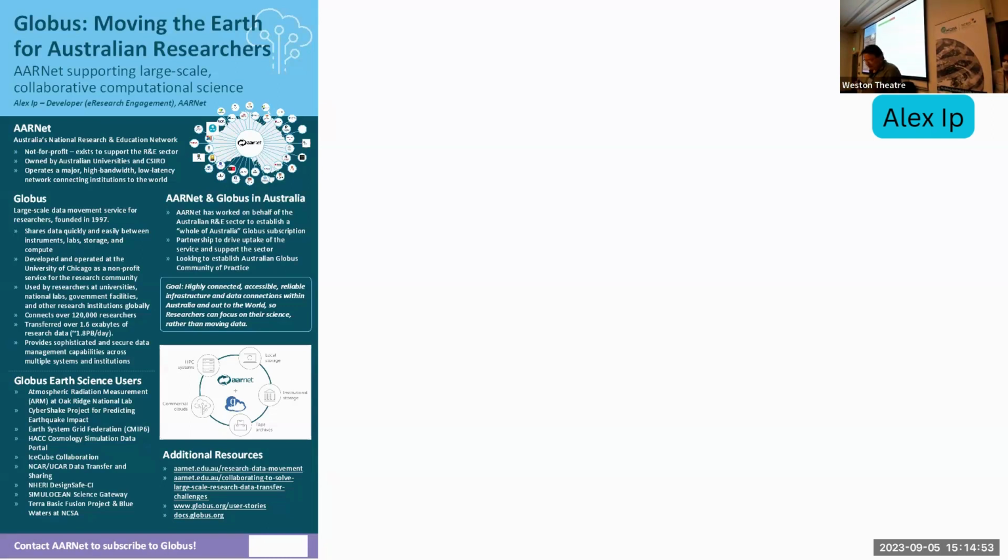Many significant Earth systems projects worldwide have been using Globus to move large quantities of data around since 1997. And many Australian institutions and compute facilities are already subscribed. We're looking to establish an Australian Globus community of practice over coming months. So we'd like to get everyone involved in that we can. Come and have a look at poster number 15 in the foyer just out there. And if you need to move large amounts of data around, or you want to look at distributed workflow orchestration, come and talk to your institution or come and see us.